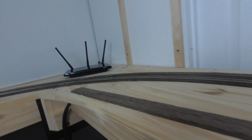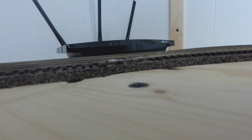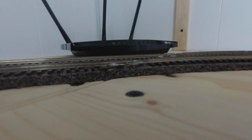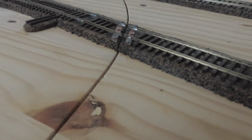Let me take you all the way over here. You can see sort of the dip, and it's a little hard to tell, but there's a little dip right here. That's an issue because trains are sort of coming uncoupled from each other, going over that dip. So the dip is a bit of an issue, but what's actually a bigger issue is I thought I was